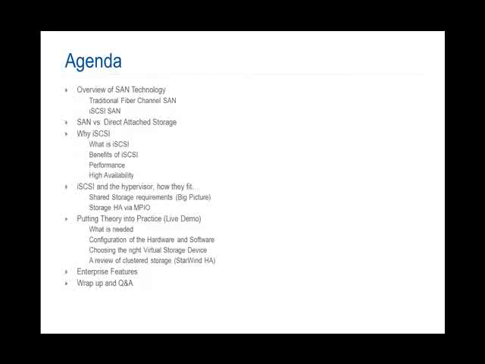Why iSCSI? So assuming that you've made the decision to move towards SAN, why would you consider an iSCSI type of solution and some of the benefits around iSCSI? And that'll be a recurring theme throughout the course of the presentation. We're going to take a closer look at iSCSI in a hypervisor, take a real tight look at, in this case I've chosen Hyper-V as an example,